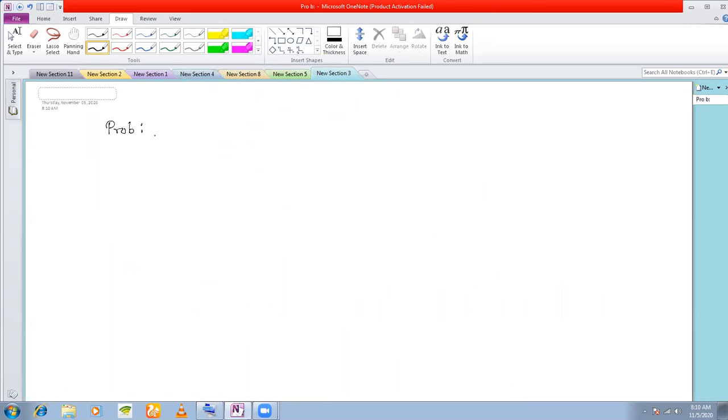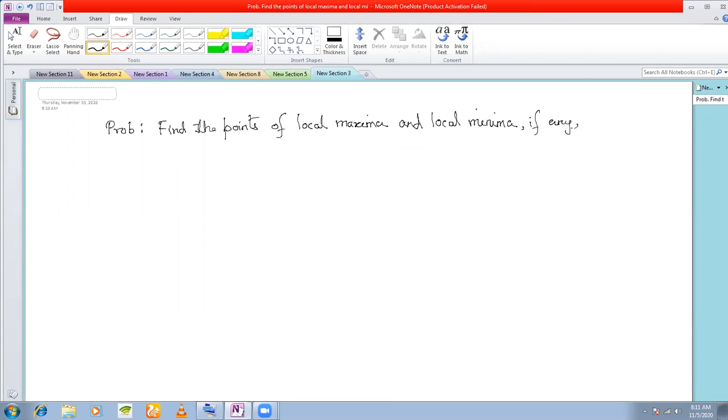The question is, find the points. Look at this very carefully. Find the points of local maxima and local minima, if any, of the function